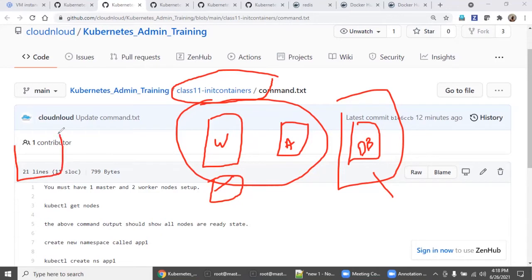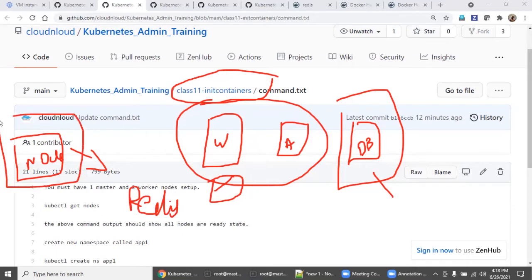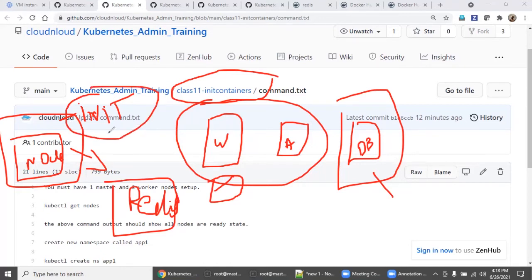We have one container called node, and there is a Redis. First we will deploy this. Since this keeps trying to check Redis and it is not available because we haven't deployed it, it has to stay in init state, right? The moment we deploy it, this should automatically change to running status. This is exactly what we are going to prove as part of this hands-on lab.